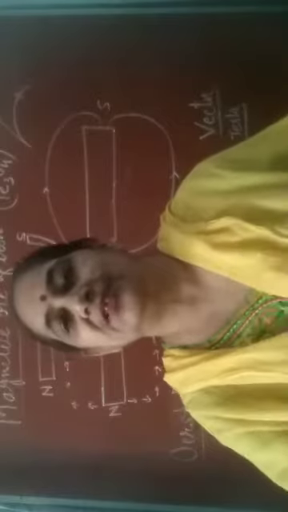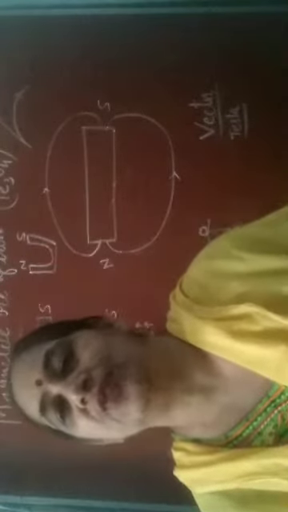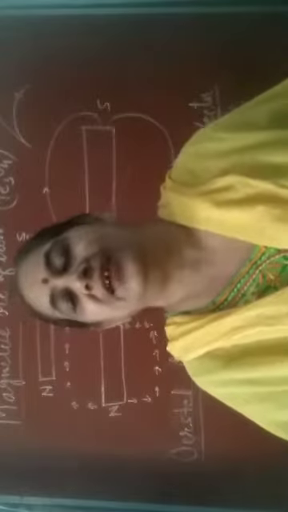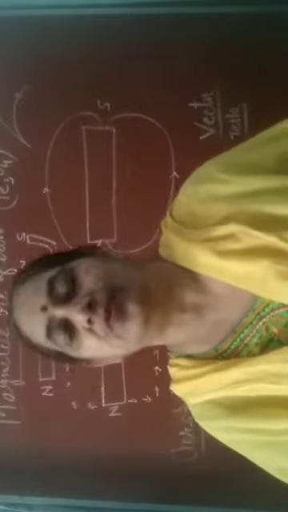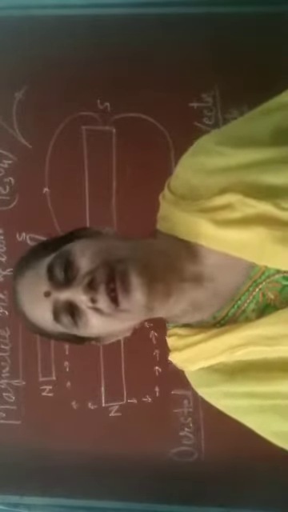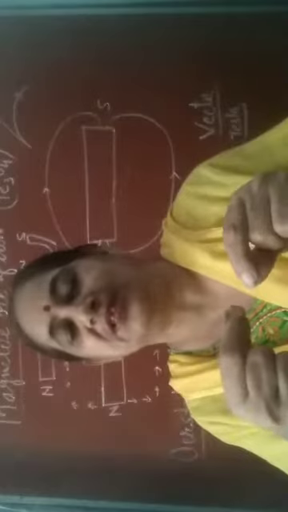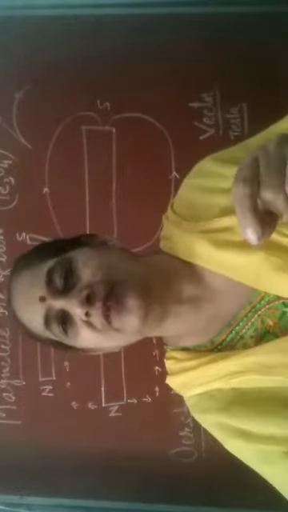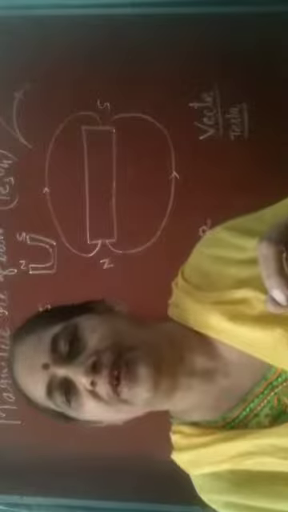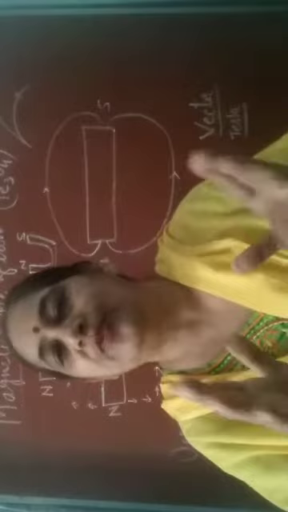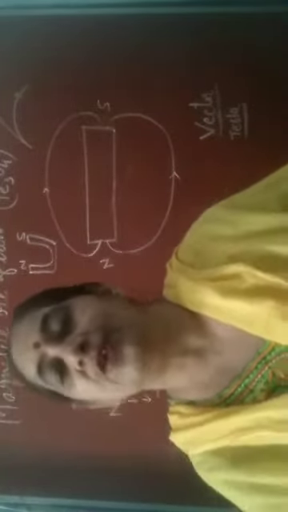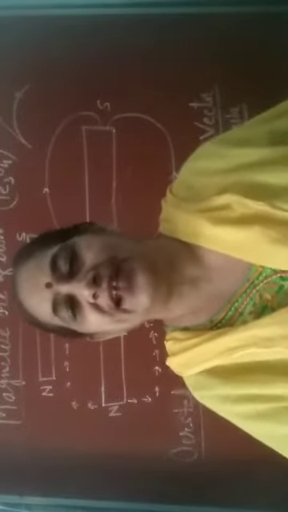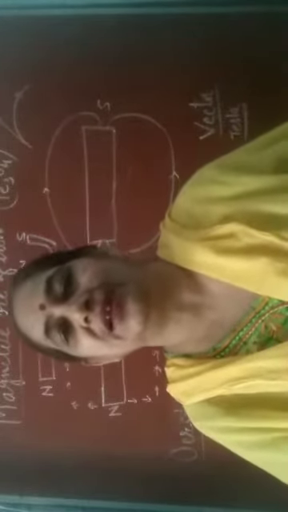Around a magnet, there is a field up to which the influence of the magnet can be felt. That area is called the magnetic field. Suppose I keep an iron piece near the magnet, it will be attracted. But if I place it very far away, it will not be attracted. That means there is a certain area around the magnet up to which it can attract. After that, it will not be able to attract. So that area around a magnet is known as the magnetic field.